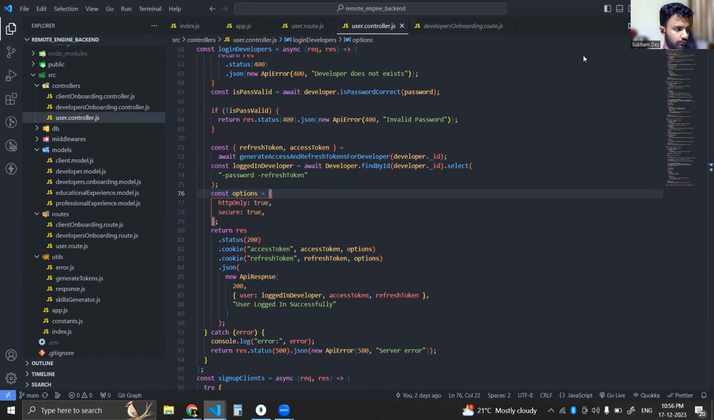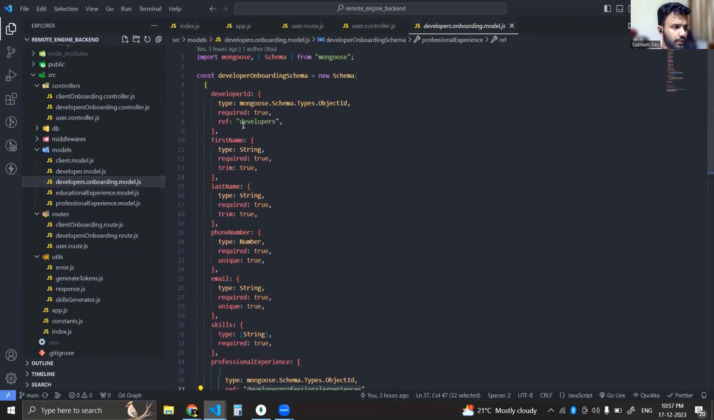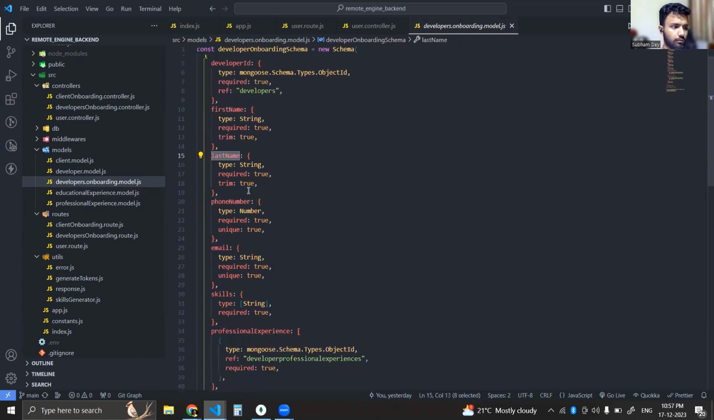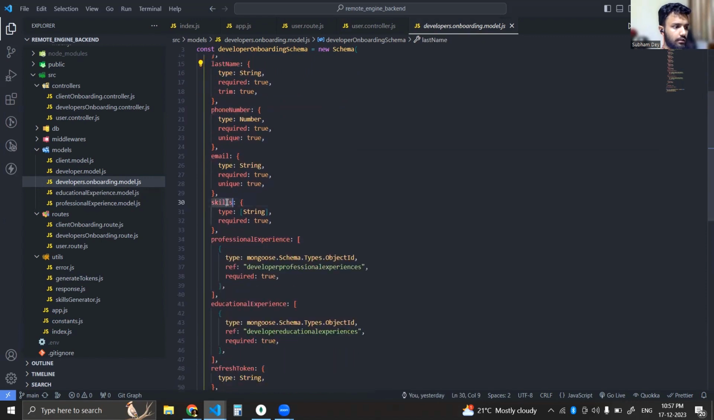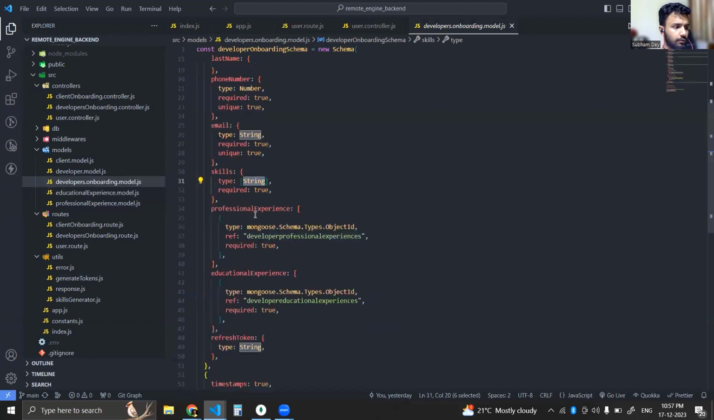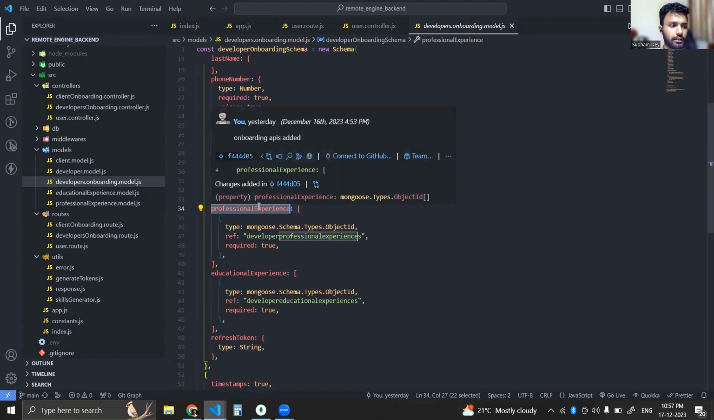We'll go to the onboarding thing. I'll show you what it does exactly. So this is the onboarding model. Okay. The onboarding model would have a developer ID, which is the developer that it will point to. So this is the developer's first name, last name, normal phone number, email, skills. Okay, skills would have an array of strings, like maybe Java or Node or JavaScript, whatever it is. So professional experience can be a list of